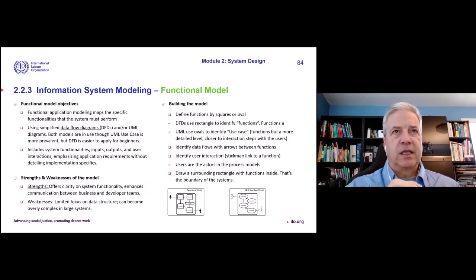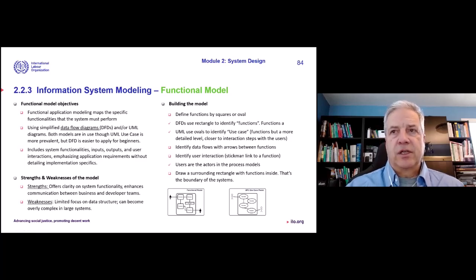So in the business process model, we have the task of the person, essentially the manual task. But here we want to describe what we need the system to do. For each task of a person, most of the time there's a corresponding function in the system. So that's what we want to describe here. And then after, we will be able to understand where the data is, where the data comes from, what's happening to that data in the function.